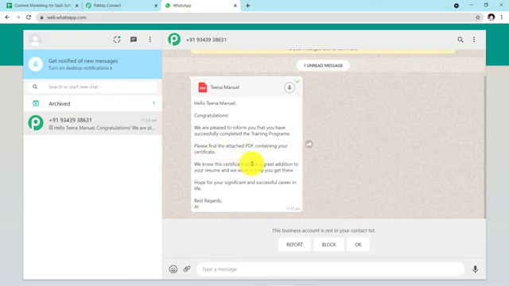We know this certificate will be a great addition to your resume and we want to help you get there. Hope for your significant and successful career in life. Best regards, AI. So this is the body of the SMS the student has got,